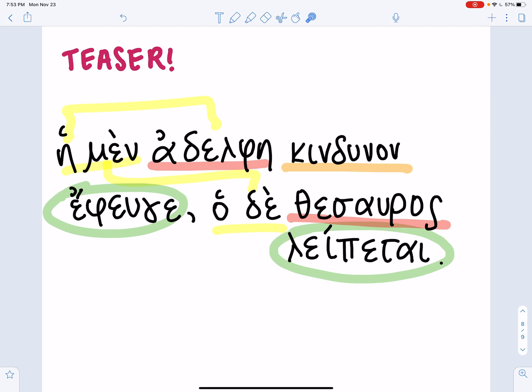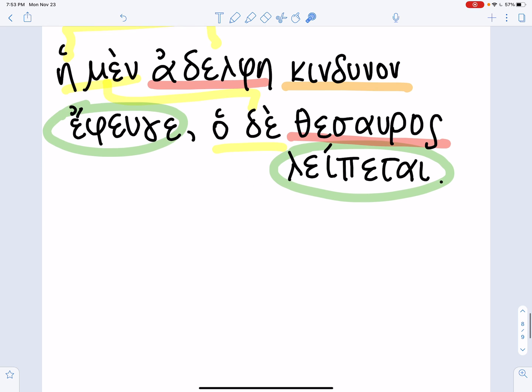thesauros, the treasure. And let's stop for a second and recognize that this here before the de is ha, because thesauros is masculine. So we needed the masculine article, whereas we had he here to match with adelphe. So ha thesauros. On the other hand, the treasure, lepetai. So, lepetai. This ending, this tai, or really the etai,